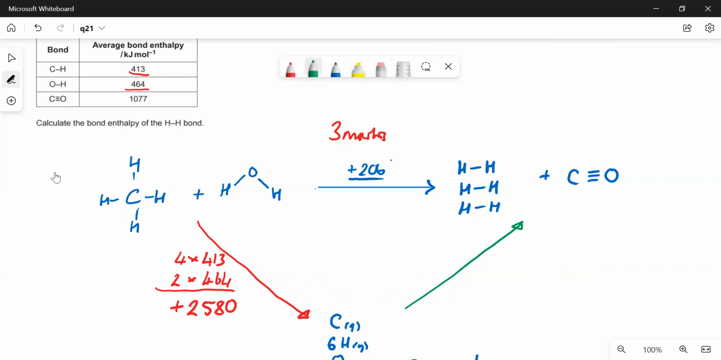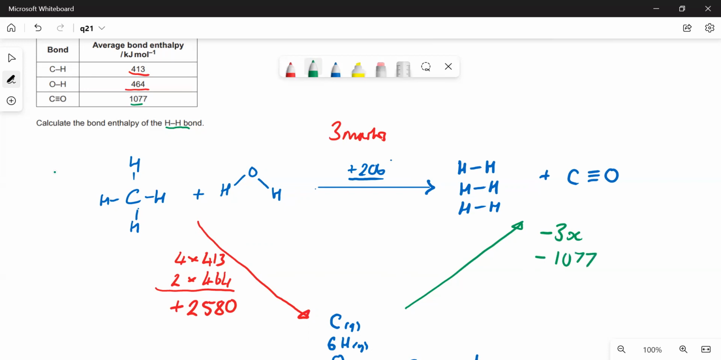Now let's do the green arrow. What we're doing there, we're making bonds, so this is going to be negative. So one of them we don't know. That's what we've got to find out. So let's call that x. The x, and I'm going to say minus 3x because when you make a bond, it's exothermic. You get the energy out, and we're going to make one of these carbon bonds in carbon monoxide, so that's minus